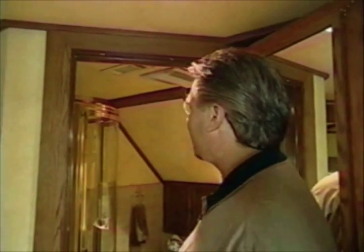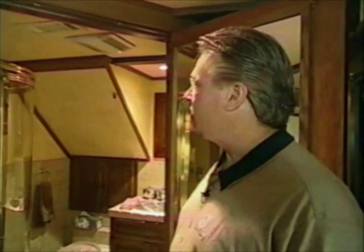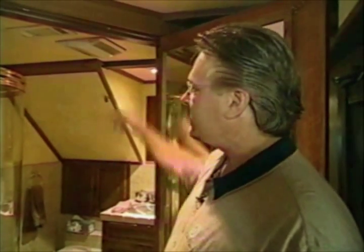This has a nice large shower in here. You notice we have lots of headroom because we do have very tall actors. Some of these guys are 6'4", 6'6", and some of their bodyguards are even bigger than that, let me tell you. And once in a while, you know, these guys will get dirty. I mean, they're doing a water scene or something like that, so they've got to come back and get a shower. So we provide very high ceilings in this unit, which was another trick for a 2-level unit,